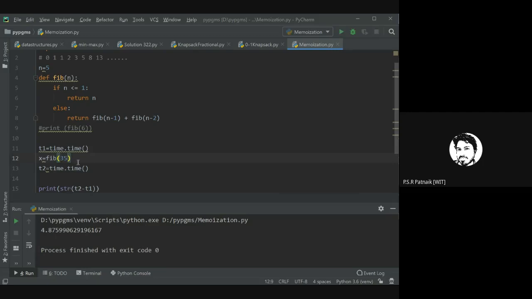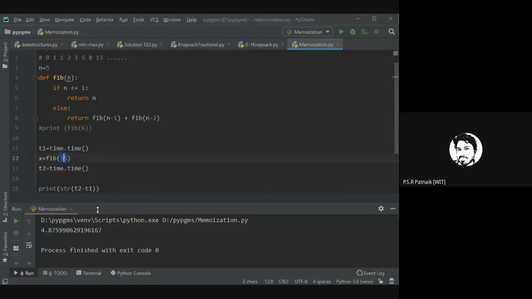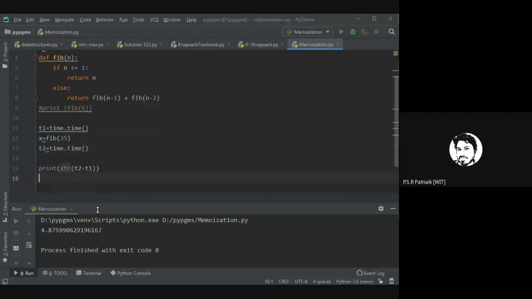Which sort of complexity will degrade the performance so badly? The change in input is very small here, from 30 to 35, but look at the increase in time from 0.4 to 4 seconds. Which complexity will force such kind of worst performance? Can you guess? Remember, the complexity of the Fibonacci series is O of n. It can't be better than O of n.